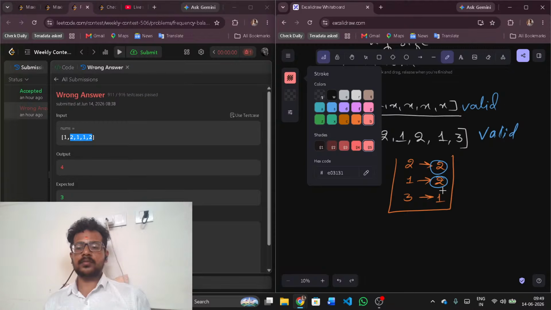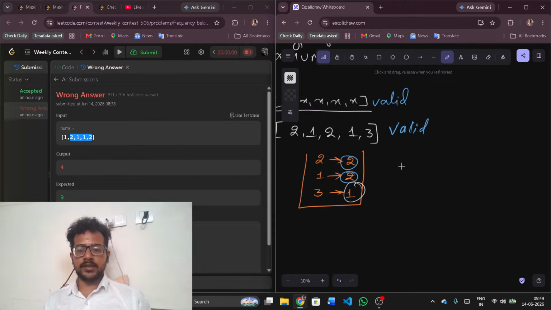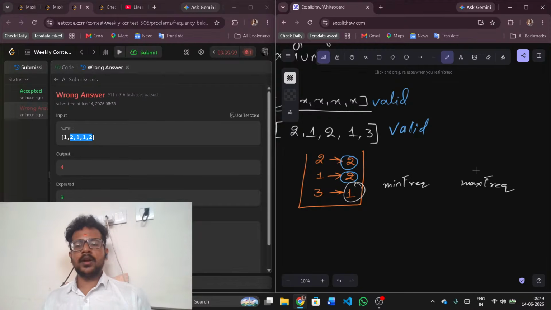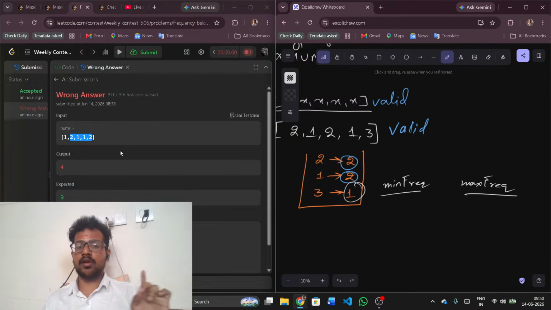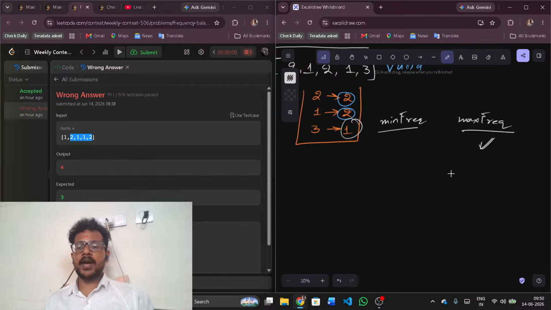If you see here, the minimum frequency, there should be only two frequencies, the minimum frequency and the maximum frequency. If there is no minimum frequency, if there is only maximum frequency, let me tell you one thing. This is most important with this wrong answer. If there is only maximum frequency, like the maximum frequency